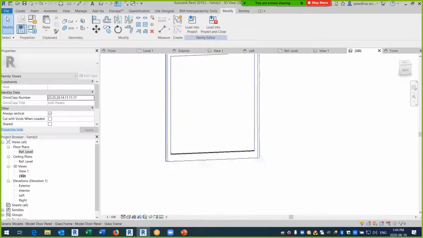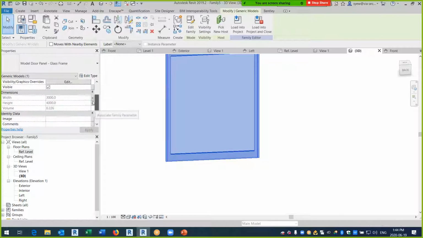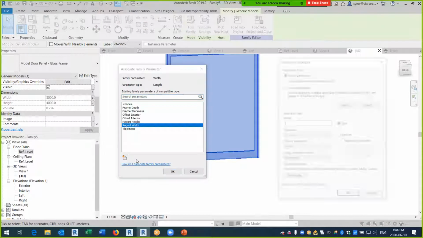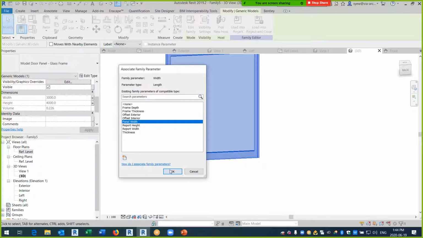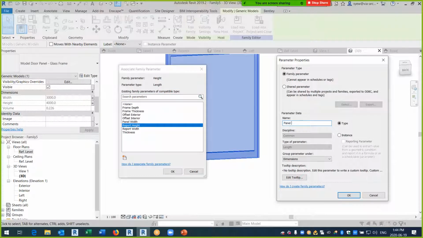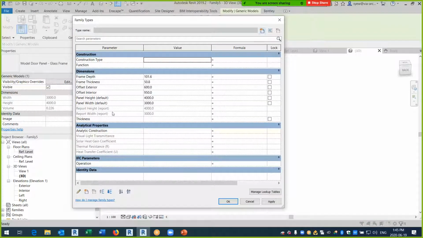All right, so you create a frame, but the problem is that this thing actually reaches outside of the frame. So now the next thing you are going to do is unlock this and say this one is going to be panel width. Make sure it's an instance parameter. Again, this is going to be panel height, instance parameter. And you see that report width is grayed out. You're going to say height. It's going to be report height